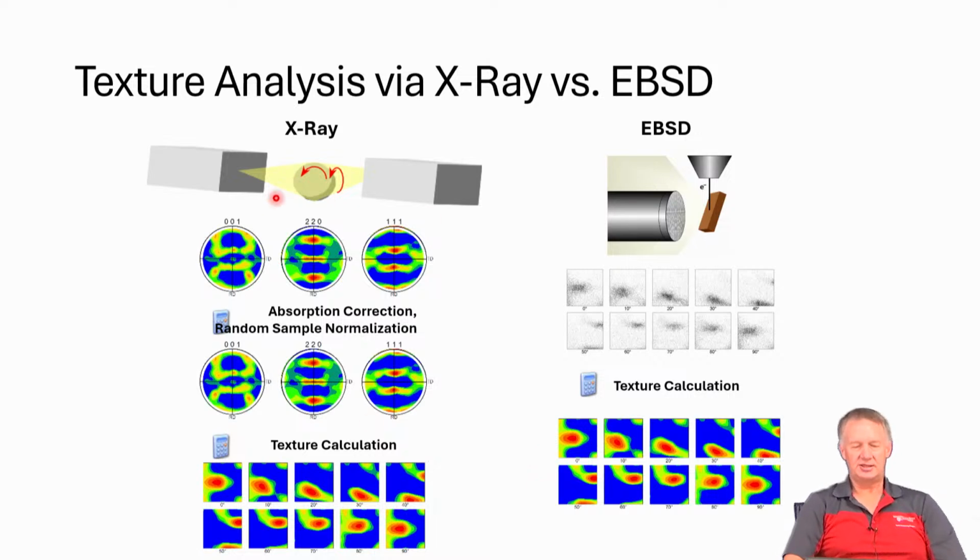All right, so for X-ray analysis, we come in, we measure a pole figure. So these are trying to show partial pole figures. You're missing the outside, right? You're missing the 90 degree, 80 degree positions. But you can come right in and measure the orientation intensities for each of these various poles, right? And then you come in and you worry about all the corrections that you need to do. So there's some mathematics that you play with to get the real measured pole figures, and then you calculate what the texture should be. So you're looking at 2-dimensional data, and then you're running through all the mathematics that's required,